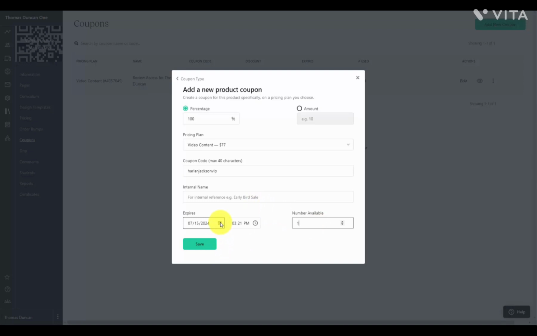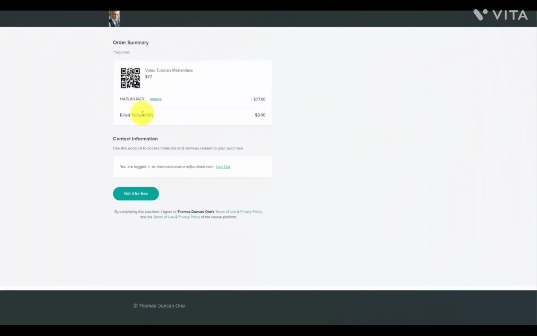We can also make a specific expiry date, although we don't have to do that if we know our affiliate and they are trusted. But when the affiliate goes to the checkout page and enters the coupon code, they'll then be able to get the product at no cost so that they can do an effective review of our product. And this is how you can deliver VIP access to some of your top affiliates of the product that